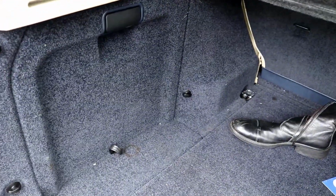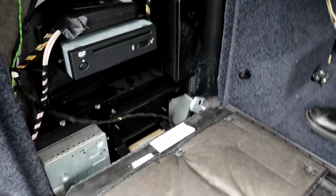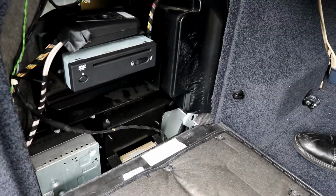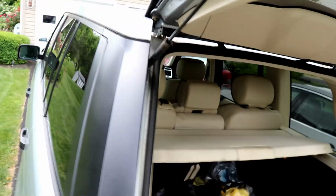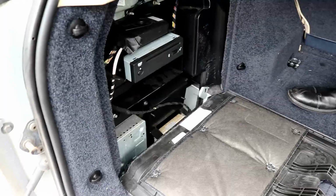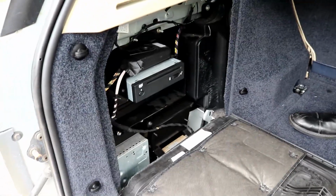Trunk here, but the majority of the system is located just above the wheel well on the driver's side. So this whole collection of wires and fiber optics and gizmos is all the brains basically of the stereo system. So what happens is, when this drain up here that runs along the roof that we just talked about gets clogged, water doesn't drain properly, and you'll get leakage down into this compartment, and it fouls everything up. So what happened with me is, the logical problem it could have been was an amplification problem. And sure enough, I did some research, and